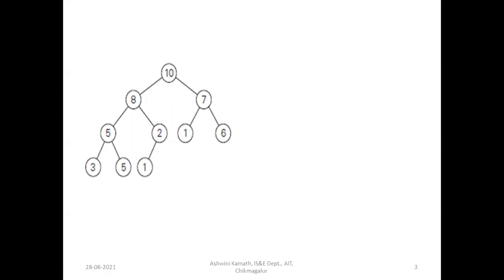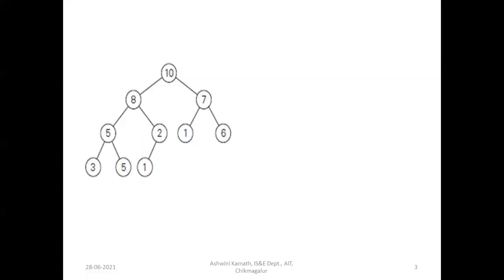You can see the structure of the binary tree, the shape property. It's a complete binary tree. In each level, we have filled the values from left to right. Each level is filled except the last level. In the last level, you can notice that for node 5, we have two child nodes, 3 and 5. Then for 2, we have only one child, and it is filled on the left, not on the right.